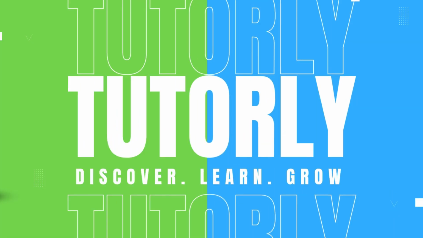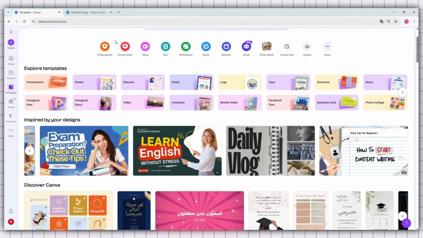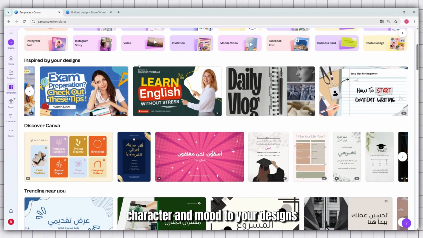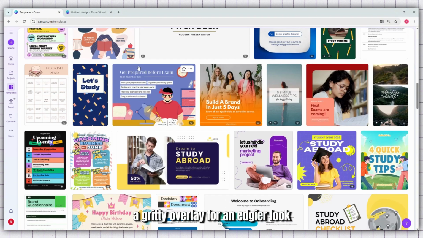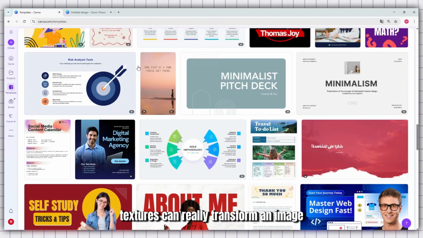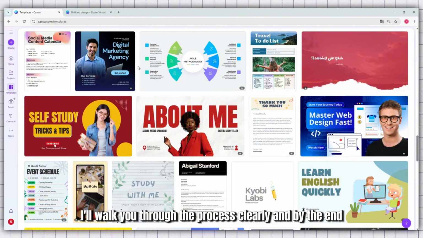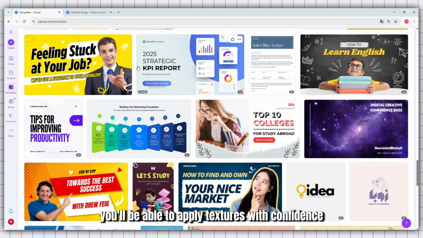Hello guys, so in today's video, I'm going to show you how to add textures to images in Canva. Textures are a simple yet powerful way to add depth, character, and mood to your designs. Whether you're looking to add a subtle paper grain for a vintage feel, a gritty overlay for an edgier look, or something more artistic and creative, textures can really transform an image. I'll walk you through the process clearly, and by the end, you'll be able to apply textures with confidence to